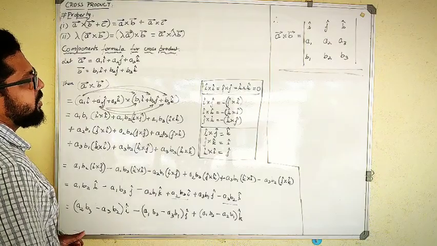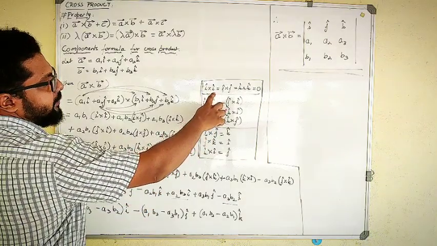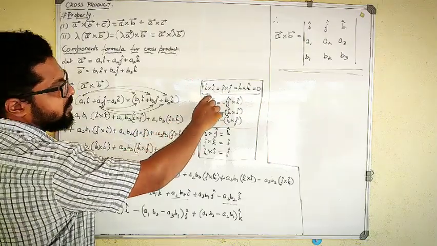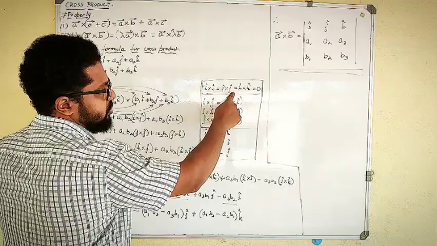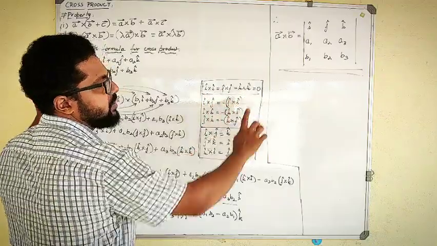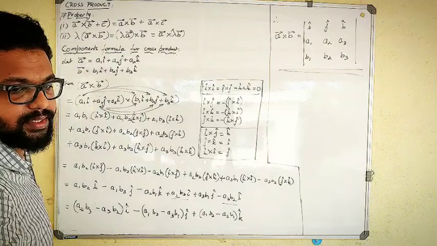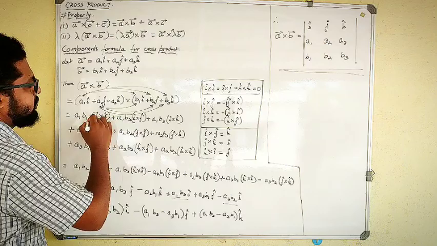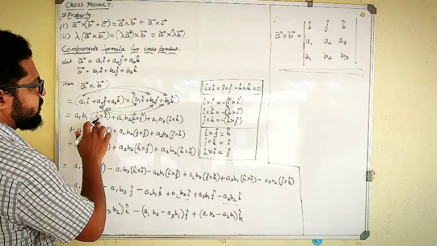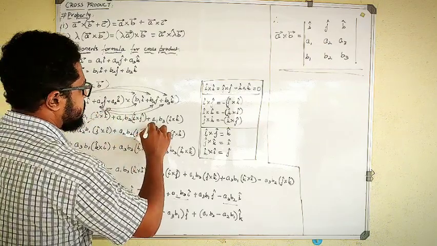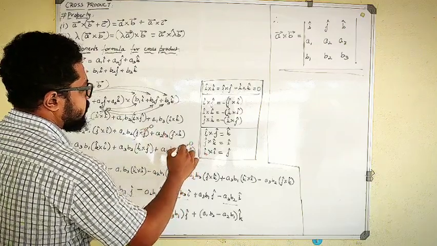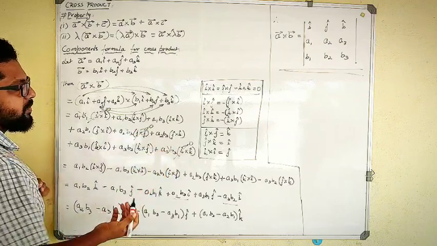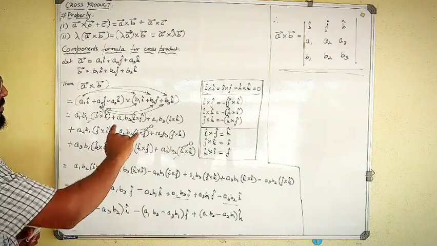So next, we have studied this thing before, in the cross product observation. In the previous video we came across that I cross I is the same as J cross J is the same as K cross K, and its answer is 0. So wherever the same terms are cross multiplied, that term is completely 0. This is 0, and this is 0, and this is 0, which means these terms will not be there at all. Correct or not? Because it is multiplied with 0. So the only terms remaining are these.